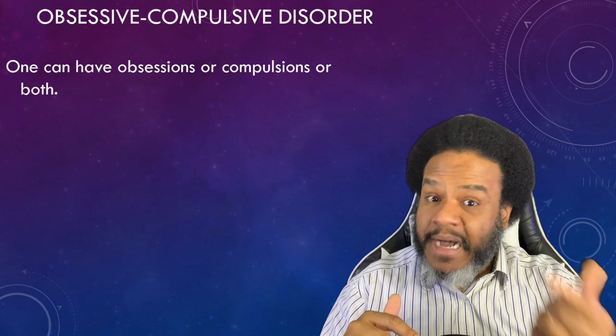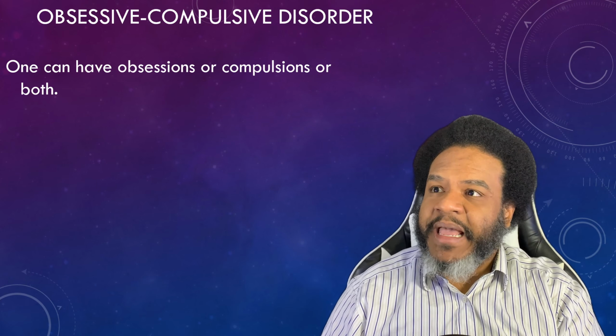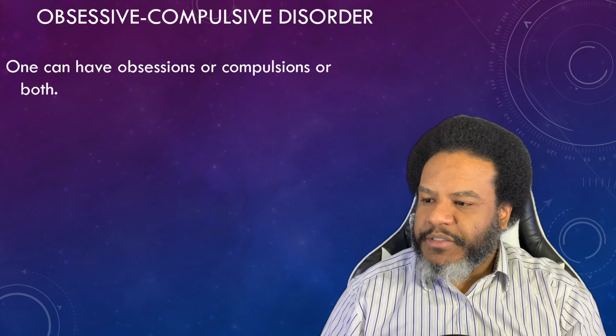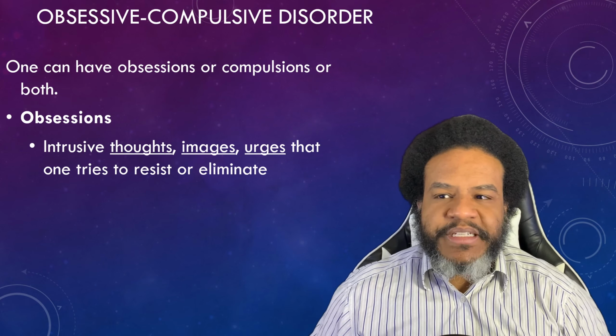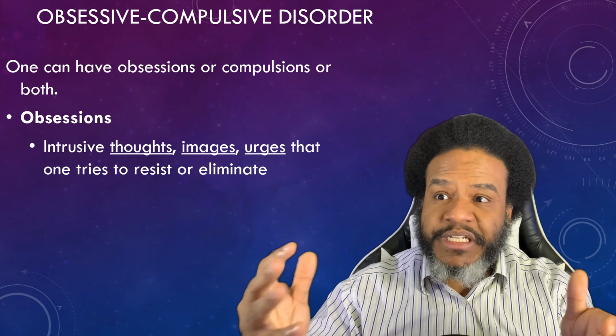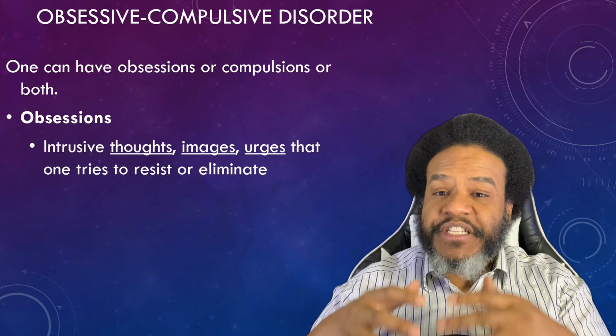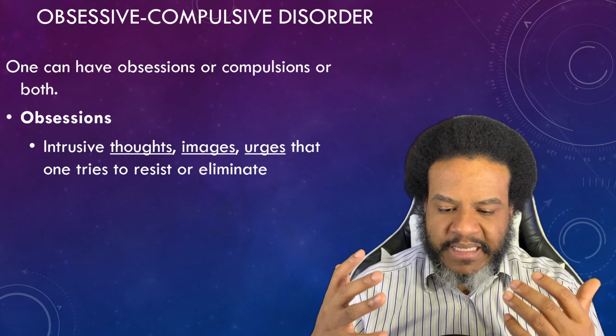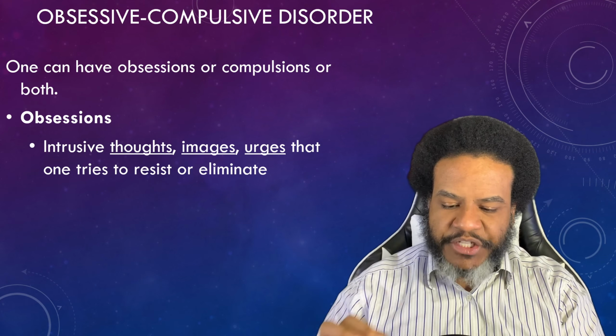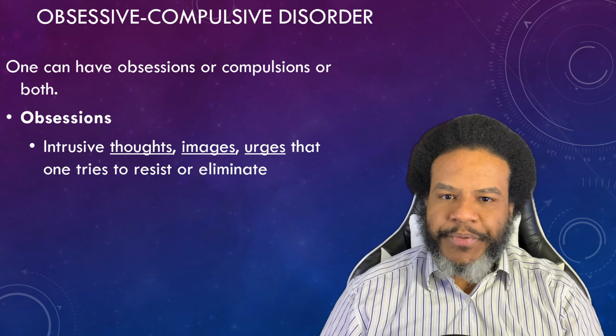And it is more common to have both obsessions and compulsions. Now, for obsessions, these are going to be recurrent and persistent thoughts, urges, images that are experienced as being intrusive and unwanted. And in most cases, individuals with these obsessions are feeling intense levels of anxiety or distress. This can also be referred to as marked anxiety or distress. And these obsessions are going to be typically inappropriate to the situation.